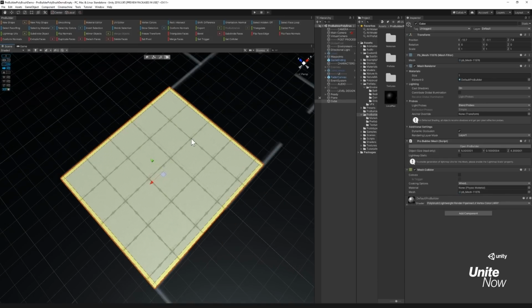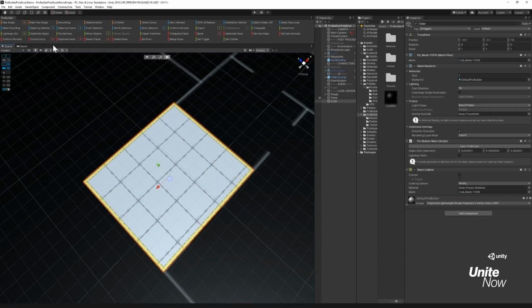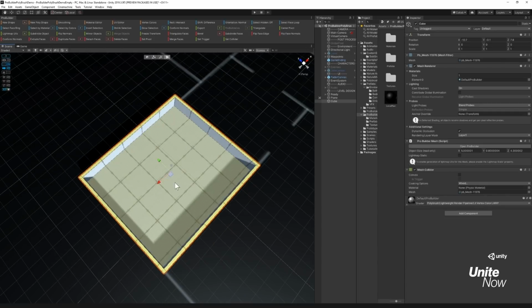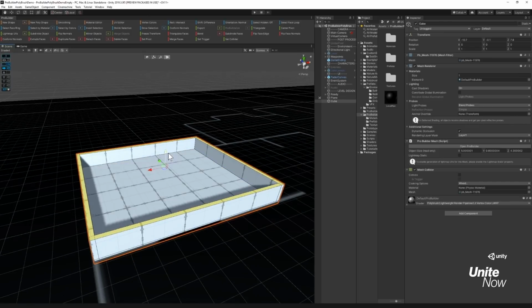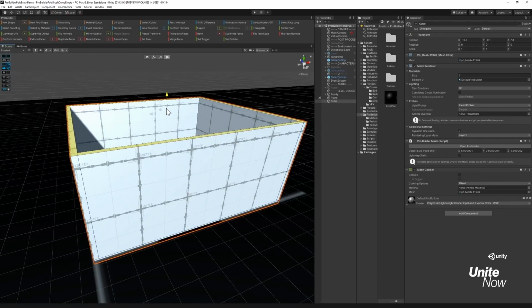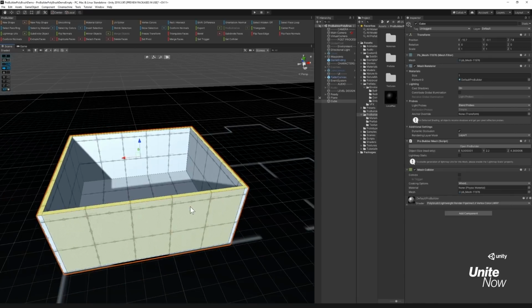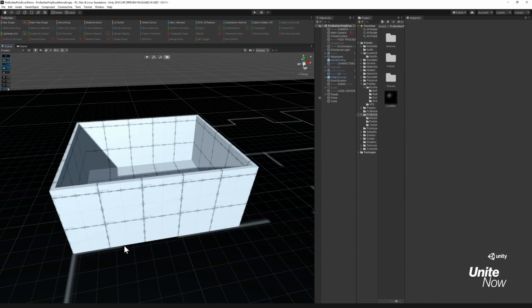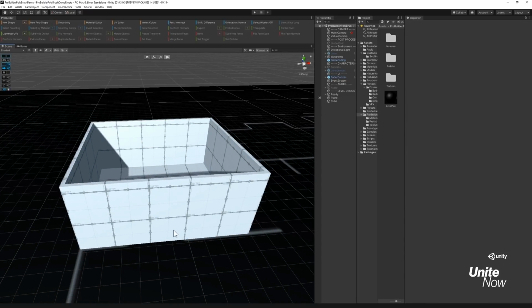And then you can either click extrude faces here, or you can do Control E, the shortcut. And you can see that we can extrude it this way, right? So now you can see that I have a door here. So I would like to probably again move to edge selection mode